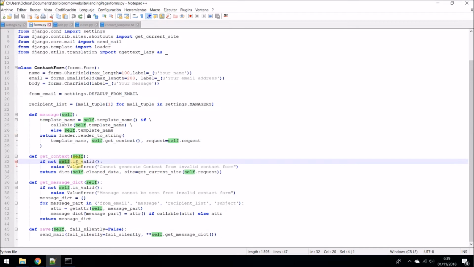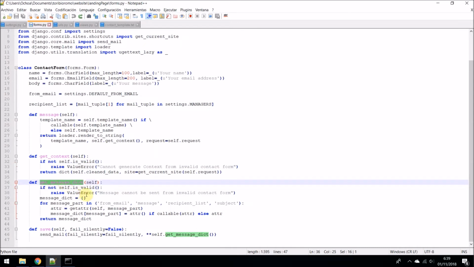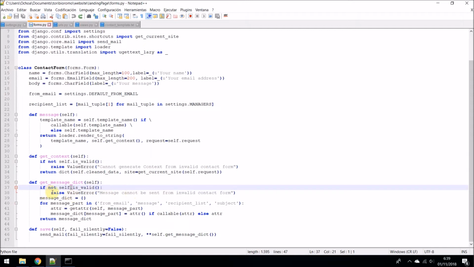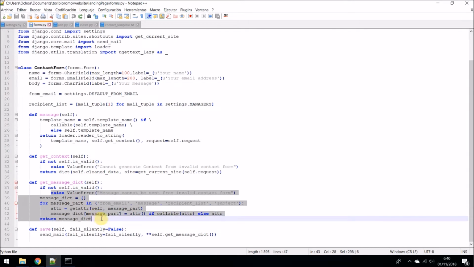Now get context is just the function that validates the contact form, so even if they modify the HTML, they can't send things blank or some invalid inputs. And get mesh dict is just a form where you attach the message to the